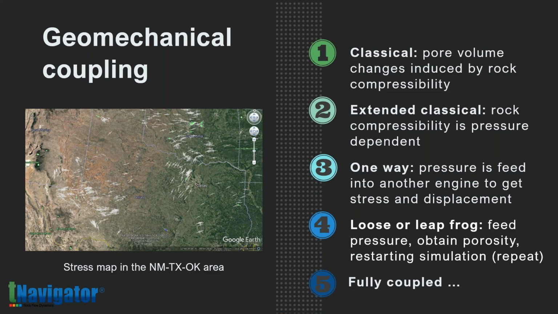The classical approach, as described earlier, is to model pore volume changes induced by rock compressibility. What we call the extended classical approach would be when that rock compressibility is pressure dependent, like in a table form. The first trial to couple with a geomechanical simulator can be done in one-way coupling, where the pressure that's calculated by the